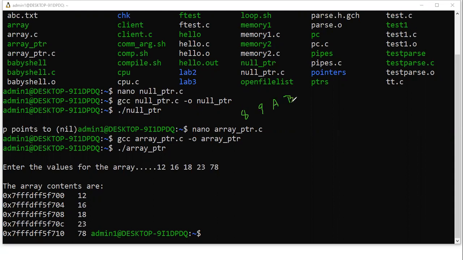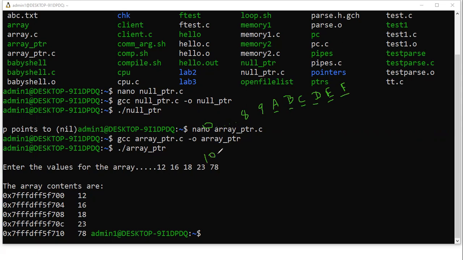And after A, it is B. After B, it is C. Then D, then E, and then F. Then the next number will begin. So 0 to 9 is fine, the same order as decimal: 0, 1, 2, 3, 4, 5, 6, 7, 8, 9. Instead of 10, we have A, then B, C, D, E, F. After F, what you have is 1, 0 in hexadecimal.